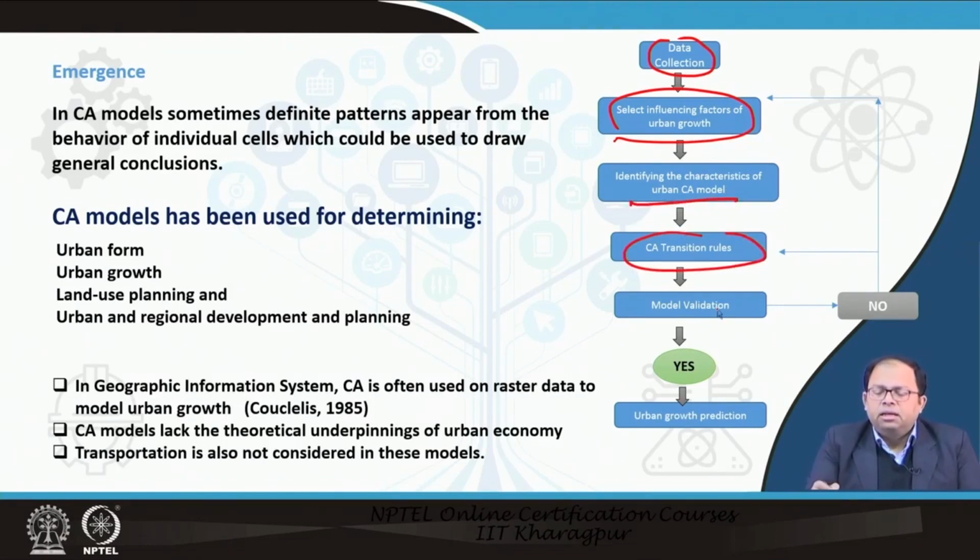Then we validate the model by seeing the changes, what is happening, and if the final outcome is fine, we go ahead and predict the urban growth. If it is not, we keep on validating it till it gives us results which match